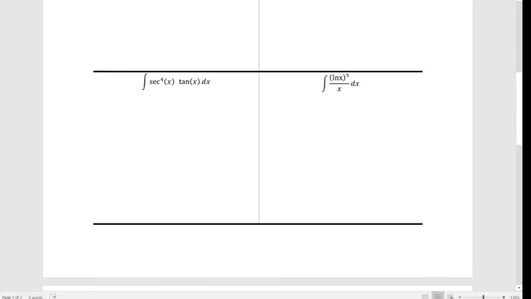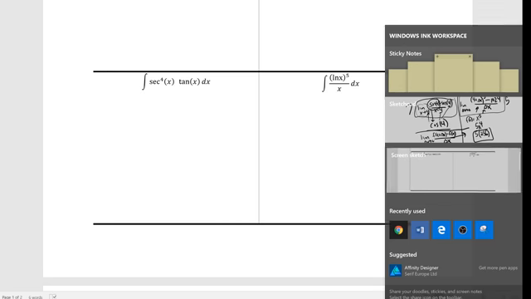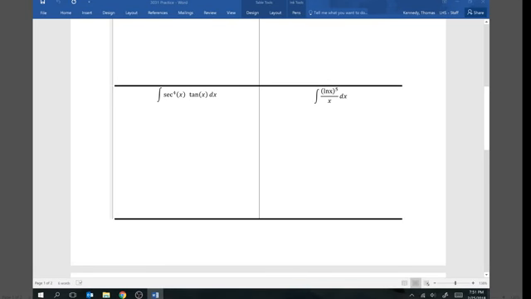Now I wanted to go on another problem that I know is cool because I really like this question. Is this bottom one secant to the 4th times tangent of x? This is like a really hidden natural log question. And the way we get it unhidden is